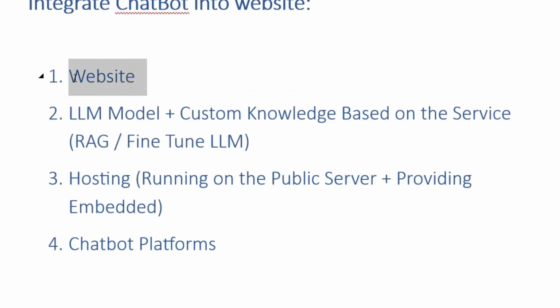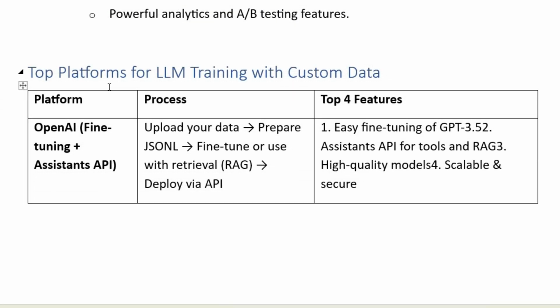The first part is completed. Next is our custom data. For that, you need to have an LLM. There are a lot of LLMs in the market: GPT, Gemini, Mistral, Llama. Apart from these, DeepSeek and others are also there. But how to fine-tune? It means uploading your data, preparing it in a JSON format, and fine-tuning or using a RAG. They are only providing the model, and we need to provide the deploy. Deploy is nothing but hosting.